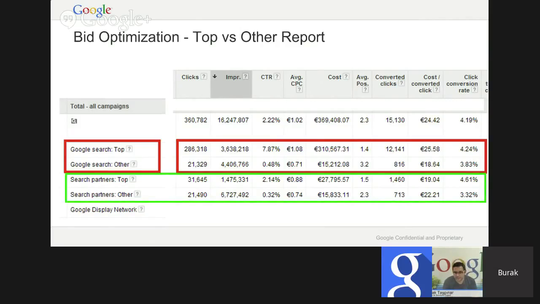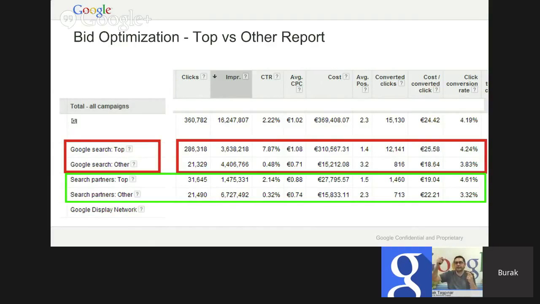Let's look at the search partners example at the bottom. When you look at here, the CPA at the top is less than the other CPA. And in almost half of the accounts, maybe 50% of the accounts, I see this is happening. For Google search, I'm talking about Google search, at the top, CPA is less than the other. Intuitively, that doesn't make sense, but when you think about it, it's cost divided by conversions, right? Your cost, on average, is increasing maybe around 30% or 50%. But your conversions are increasing 15 times,